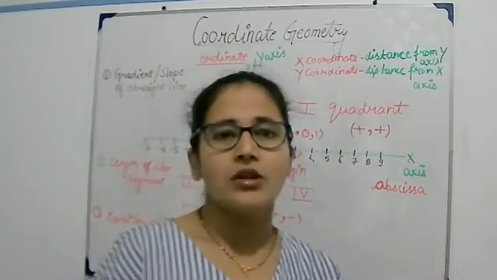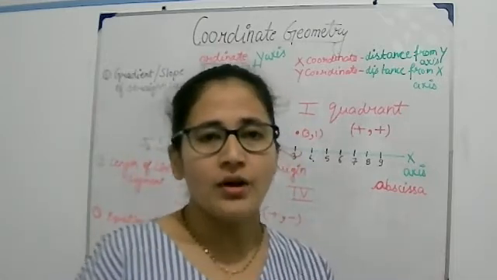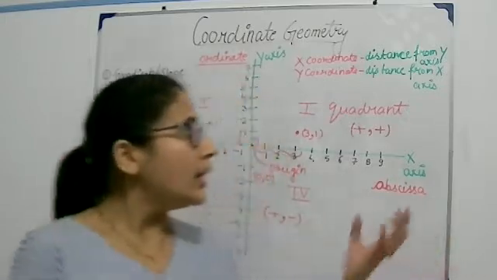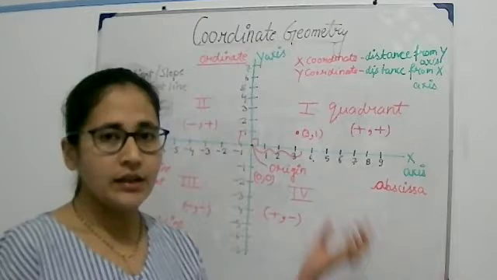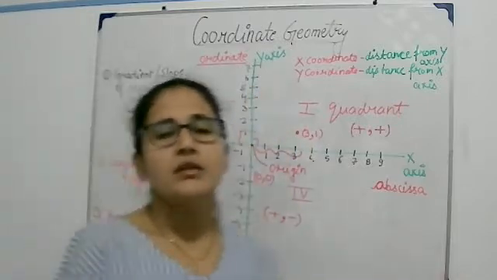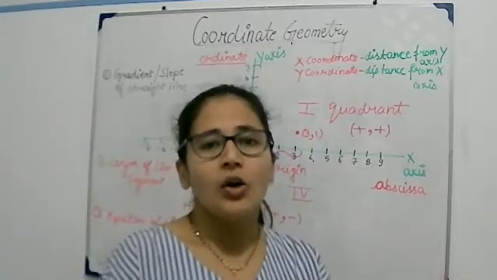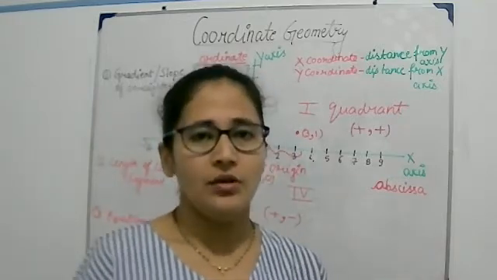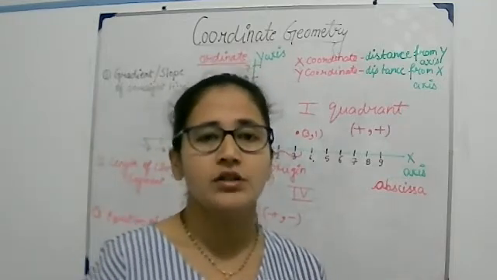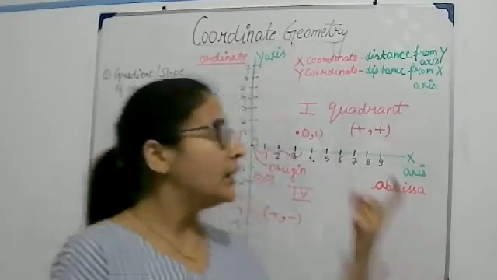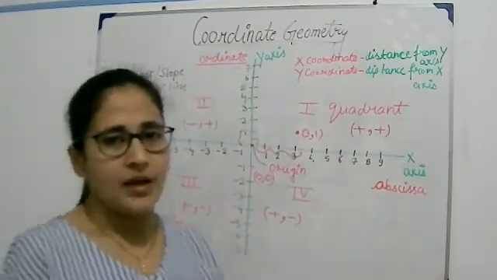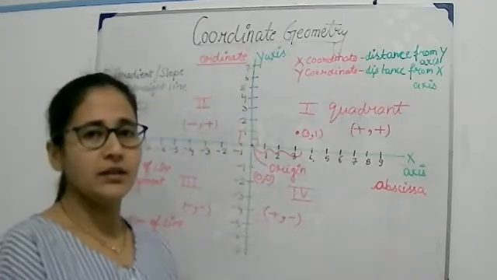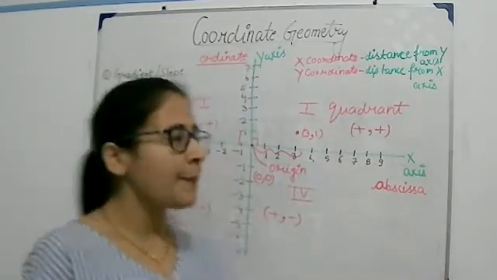In our daily life also, we use Google Map and GPS also. Behind these two, the technology which is used, that is coordinate geometry, because both we use to find the location or position of any point. So the technology which is used behind these two, GPS and Google Map, that is coordinate geometry. That's why it is very important also. So that's why I'm starting with the basics.